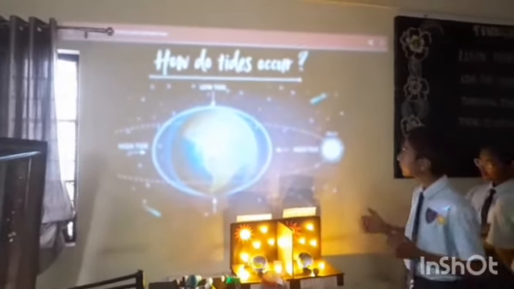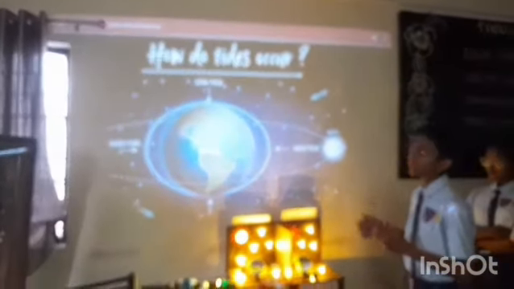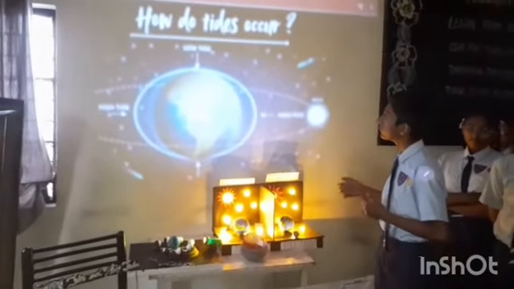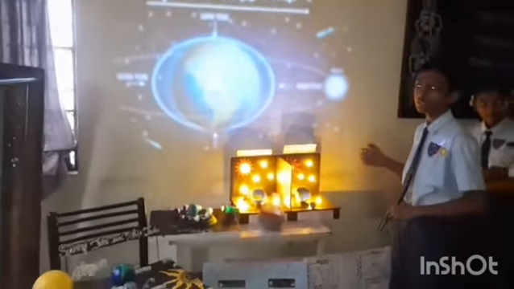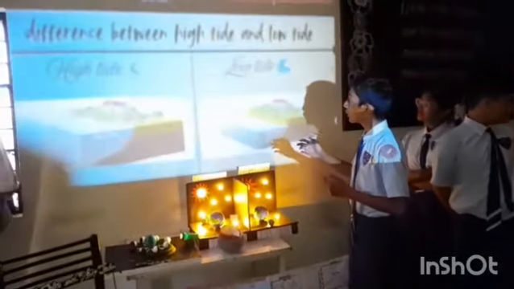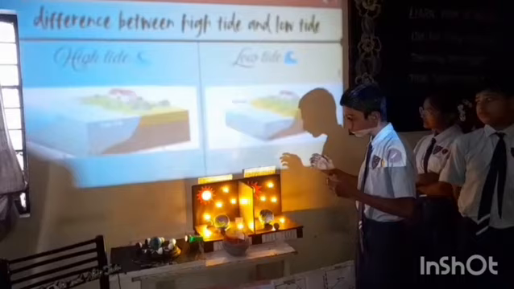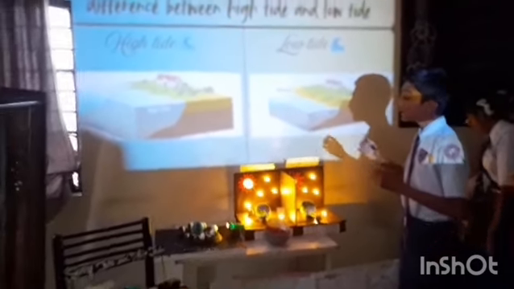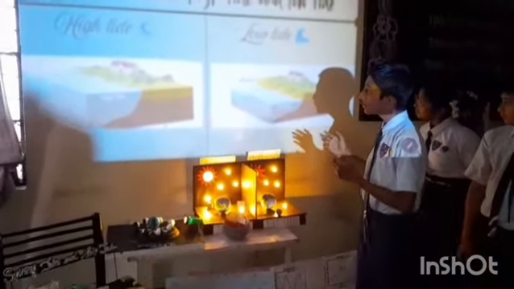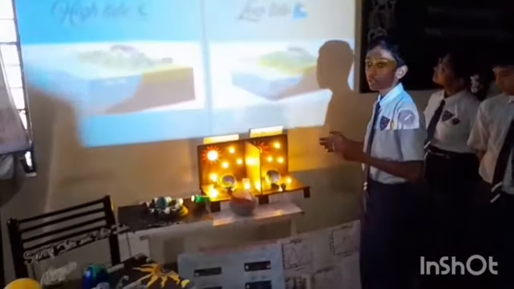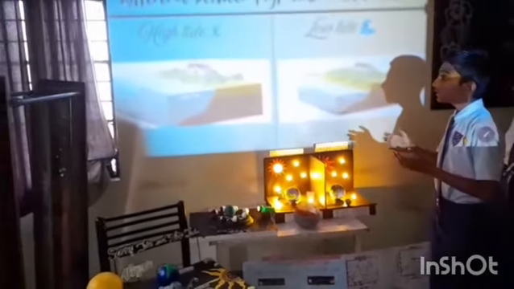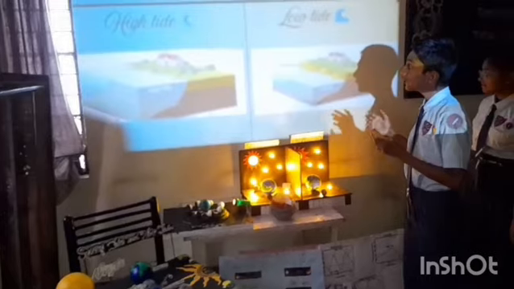Tides are the regular rise and fall of the ocean water caused primarily by the gravitational pull of the moon. The moon's gravity creates a bulge in the ocean on the side of Earth closest to it and another bulge on the opposite side. As the Earth rotates, different areas pass through these bulges, resulting in a cycle of high and low tides. The sun also affects the tides, but to a lesser degree than the moon.